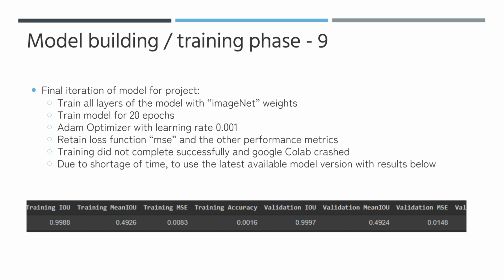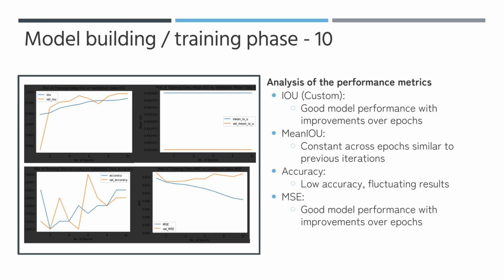The custom IOU calculated is quite high, with a low mean squared error. Accuracy may be low, but it might not be a very good metric to assess the model performance. So, here are the graphical results of the final model. From the IOU graph, it appears that the model performance is good. The training IOU is increasing steadily incrementally through the epochs, and the validation IOU is starting to plateau close to